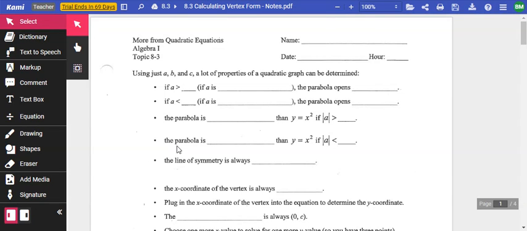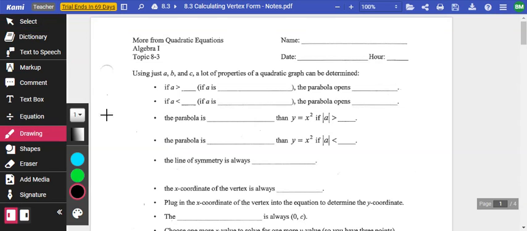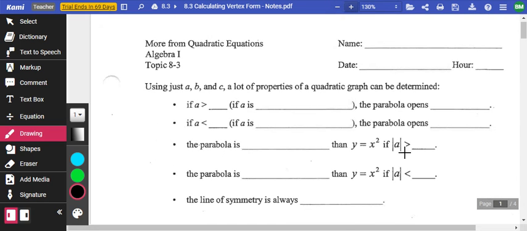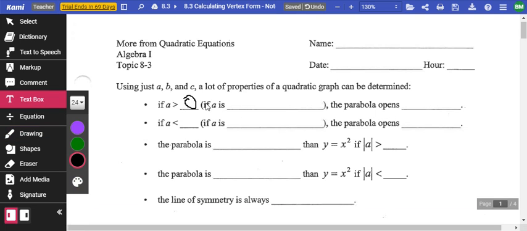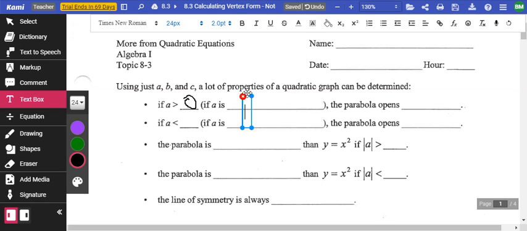Going to look at some more stuff on quadratic equations. So let's talk a little bit here about some rules about the graph with A, B, and C if we're looking at standard form. If A is greater than 0, or if A is a positive number,